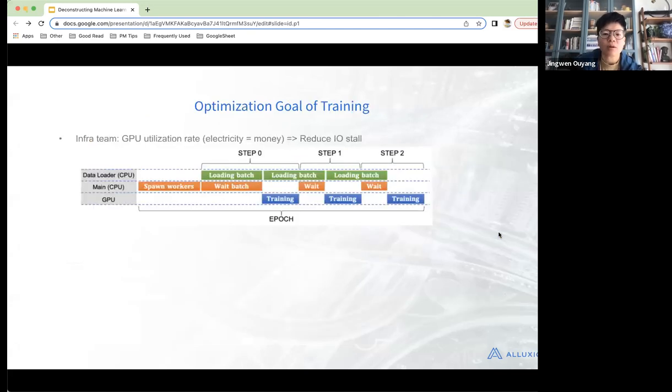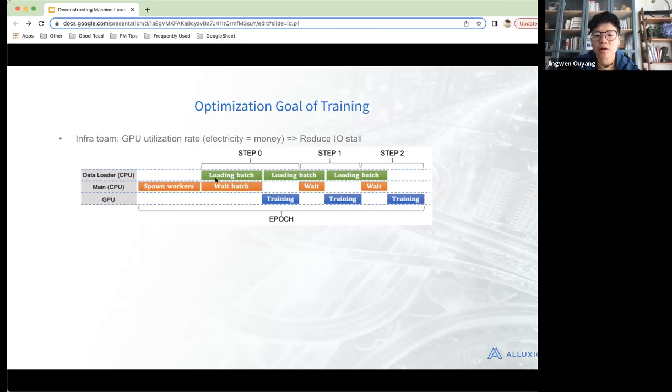And then what's the problem in training? If we look at this, each epoch means all the data has been seen by the model, when we train, every data has gone through once. And then we feed the data into the training by batch. Even though we can divide it into many, many batches, when the data loader loads the data in, it still takes time.